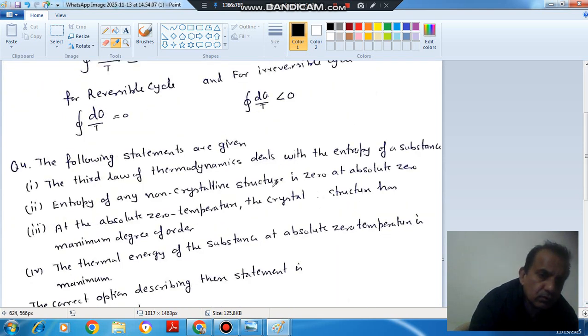Next question, question number 4. The following statements are given. 1. The third law of thermodynamics deals with the entropy of a substance. 2. The entropy of any non-crystalline structure is 0 at absolute 0. 3. At absolute 0 temperature, the crystal structure has maximum degree of order. 4. The thermal energy of a substance at absolute 0 is maximum. The correct option describing these statements is